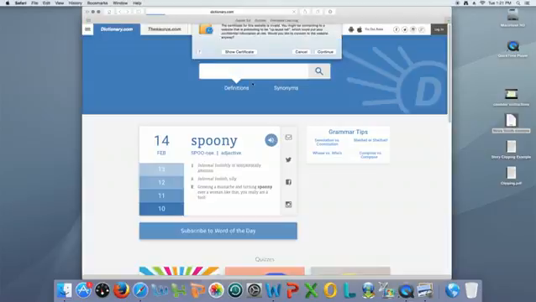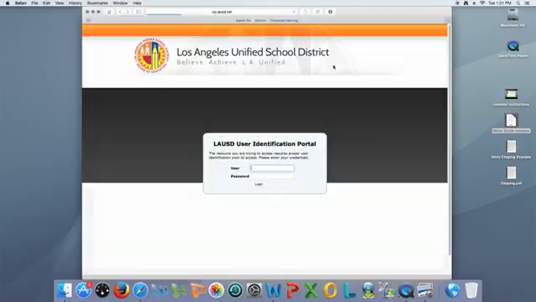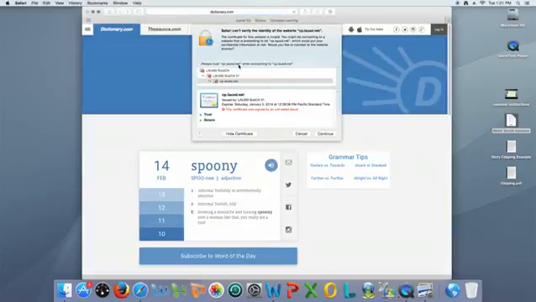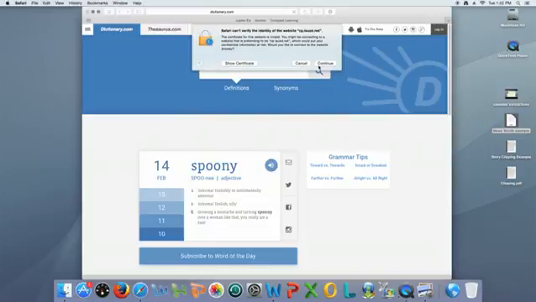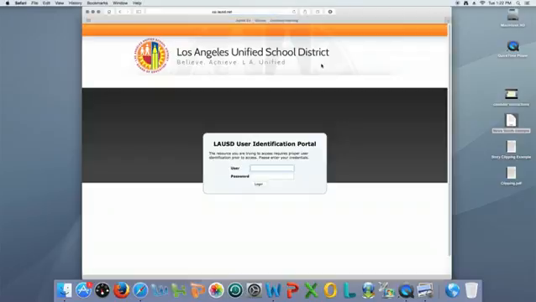This is a compatibility problem. All right, it's not letting me use dictionary.com